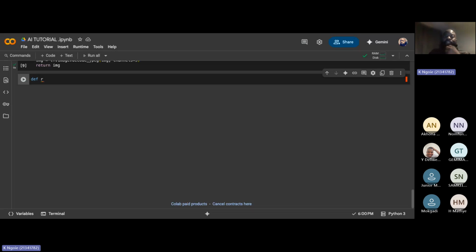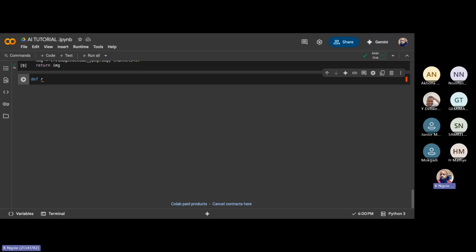So when that function is going to run, you will need to run a function to detect the object in the image. So here, we're going to create that function, which we're gonna call maybe